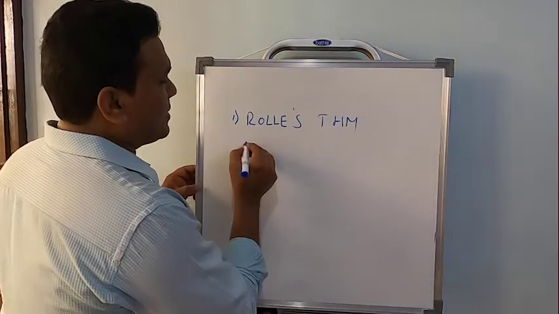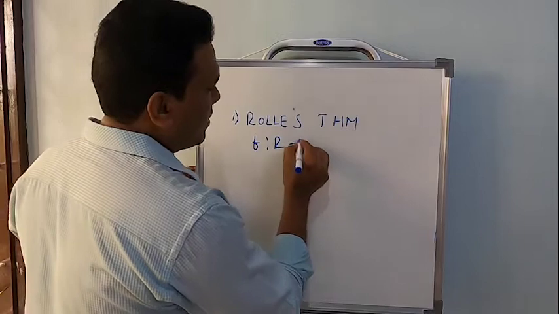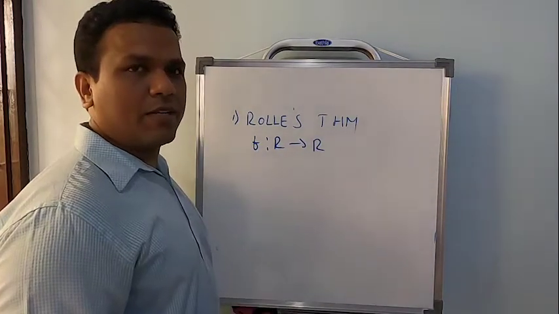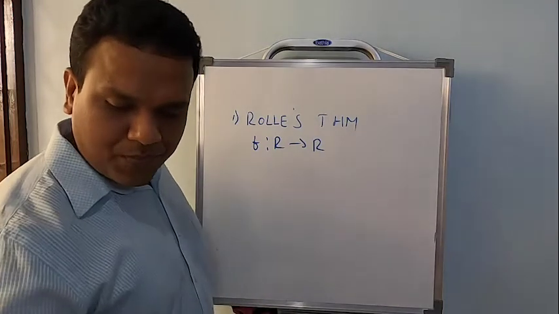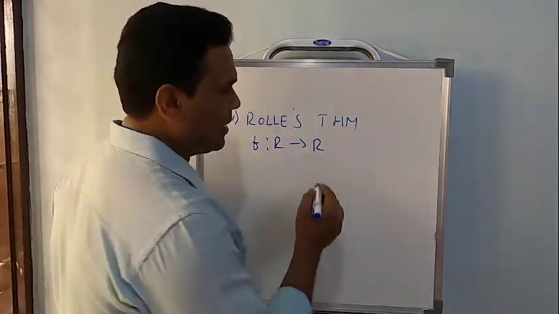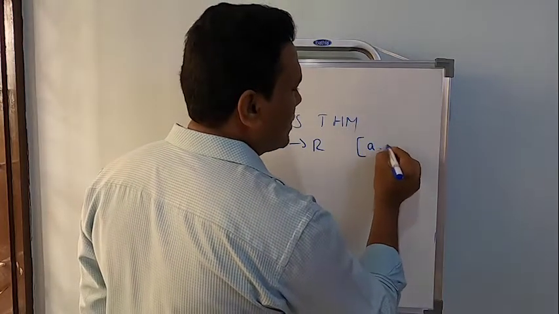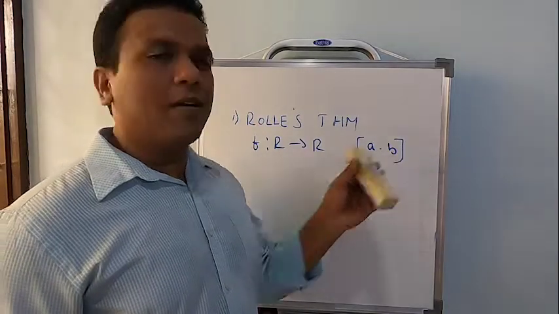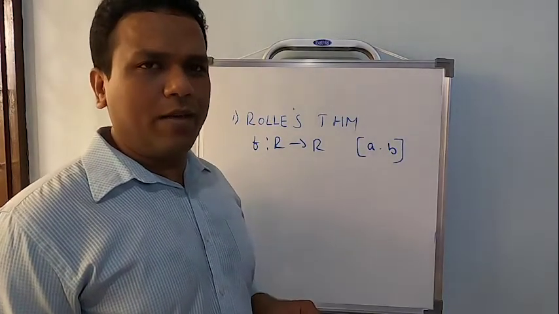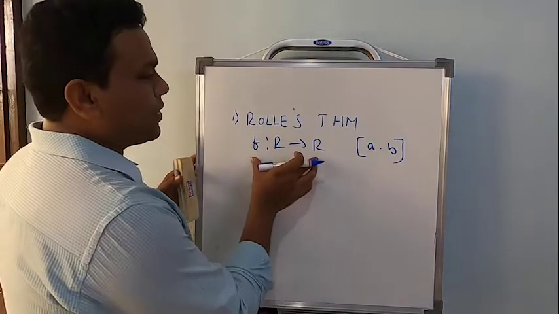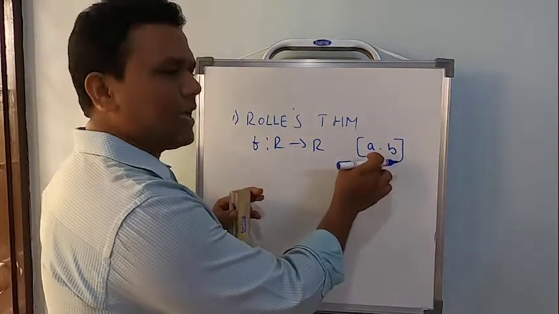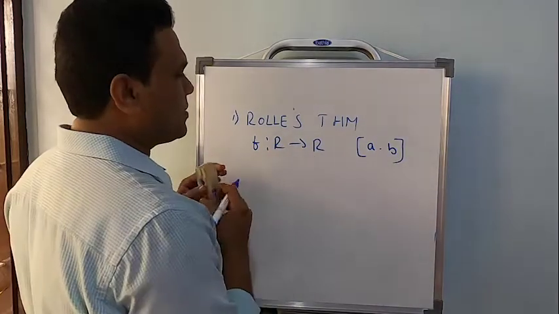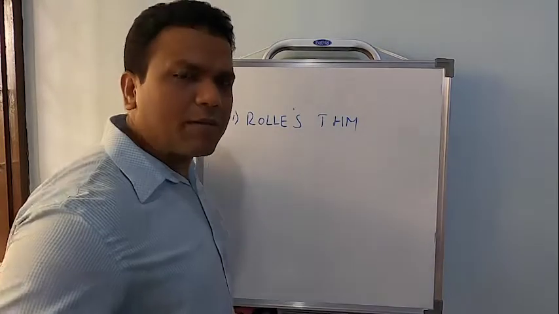First thing, let me consider a function f from R to R. We say real valued function because it's defined from real numbers to real numbers. Now, a real valued function defined in the closed interval a comma b. We're not going to discuss everywhere; we're going to discuss a particular interval, where a and b are real numbers. So the first thing, there are some conditions.